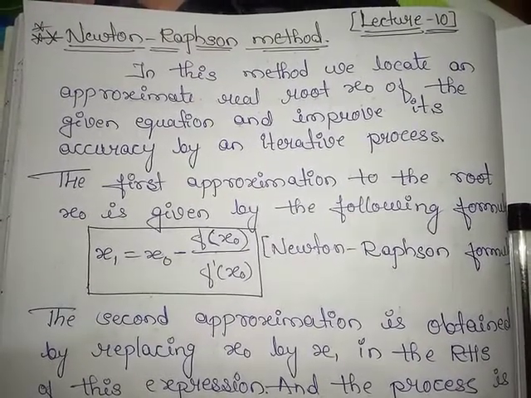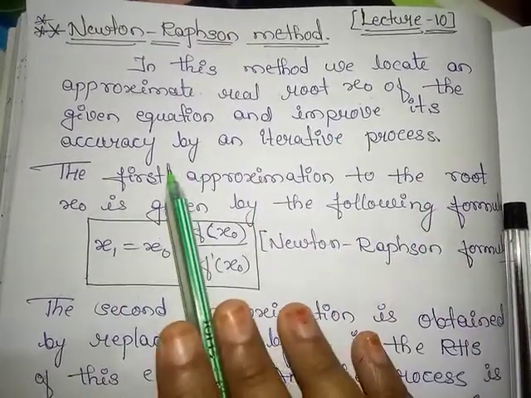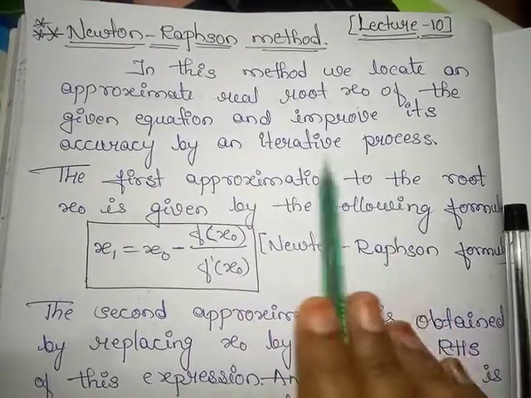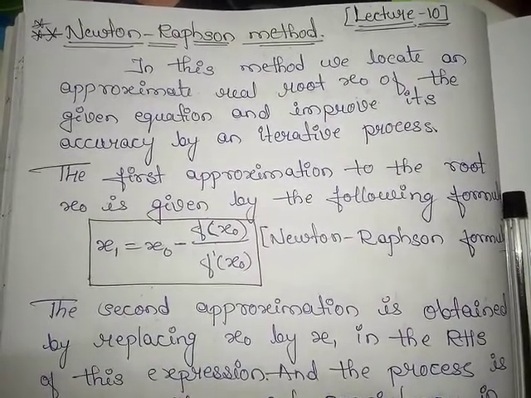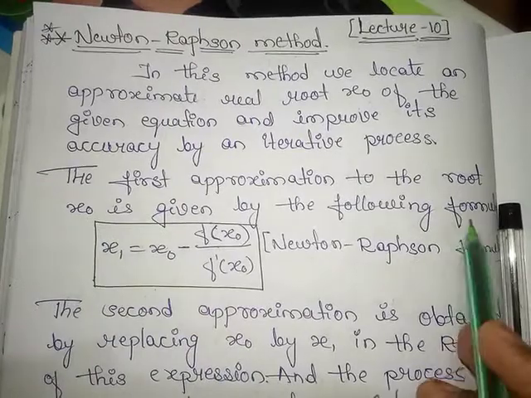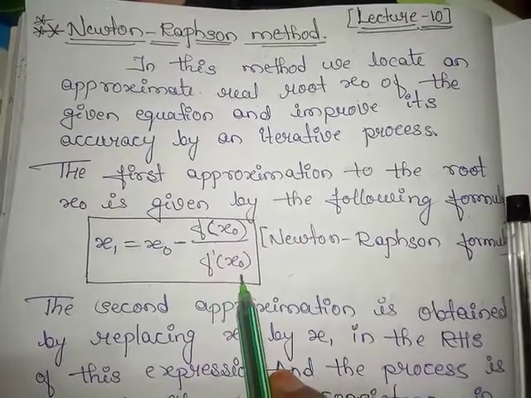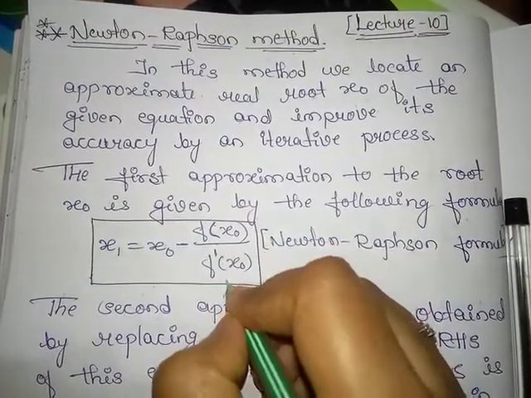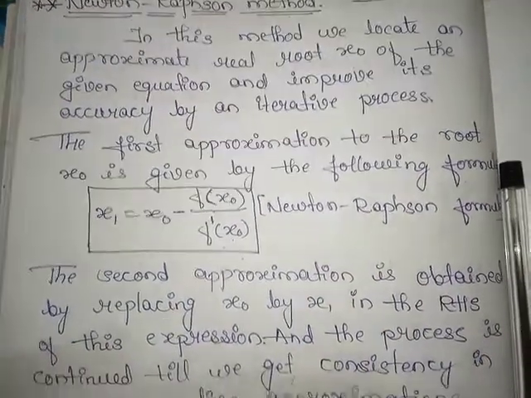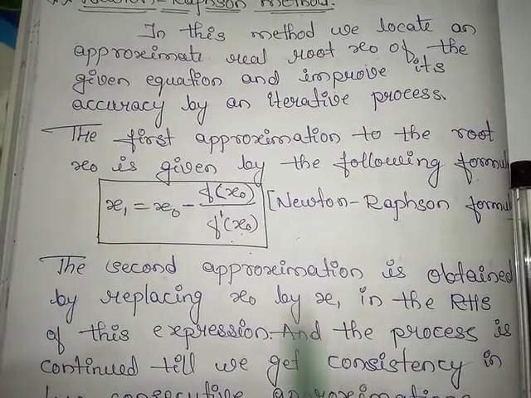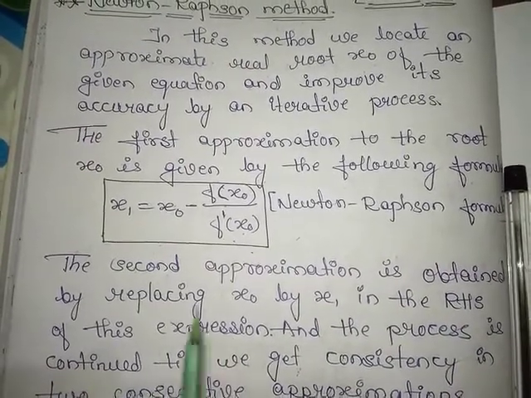In this method we locate an approximate real root x0 for the given equation and improve its accuracy by an iterative process. Iterative means what? The repetitive process. The first approximation to the real root x0 is given by the following formula, that is x1 is equal to x0 minus f of x0 divided by f dash of x0. F dash of x0 means what? That is the first derivative of f of x0. This is the Newton-Raphson formula. The second approximation is obtained by replacing x0 by x1 in the RHS of this expression,